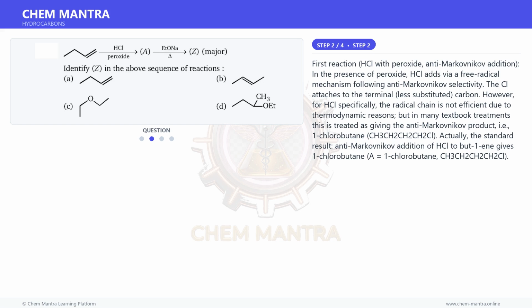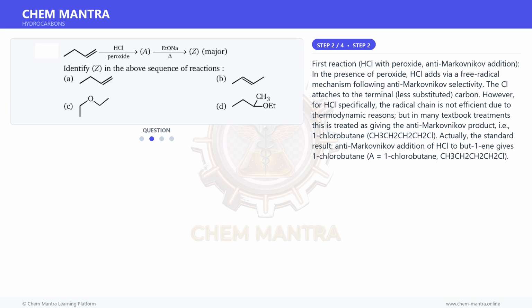First reaction, HCl with peroxide, anti-Markovnikov addition. In the presence of peroxide, HCl adds via a free radical mechanism following anti-Markovnikov selectivity. The Cl attaches to the terminal, less substituted, carbon. However, for HCl specifically, the radical chain is not efficient due to thermodynamic reasons, but in many textbook treatments this